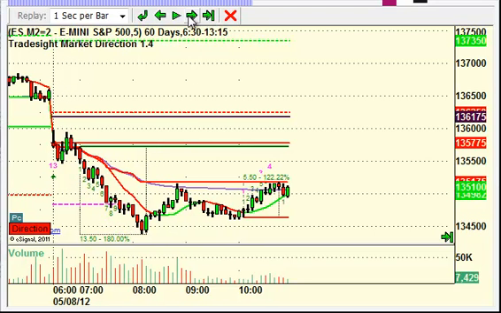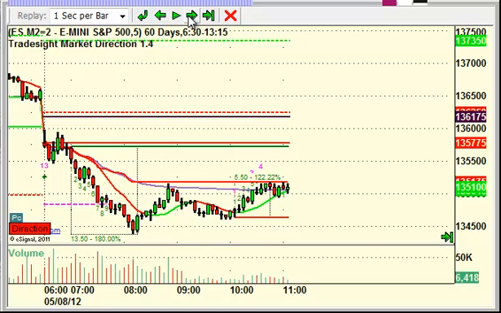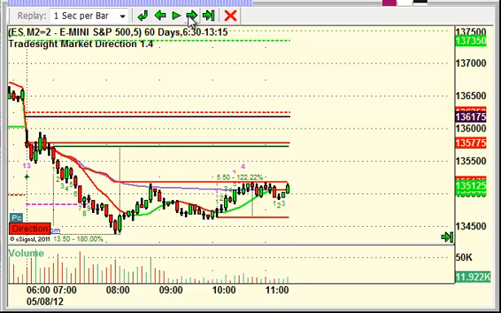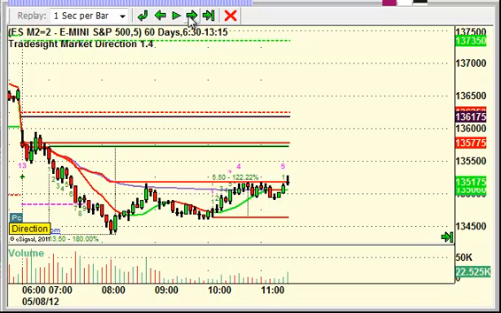Again, you can see we stall out right at that line for about an hour here. I mean, look how solid that resistance point is, and most people have no idea that that level's there. Now here we go. Here's where we break above that line. This triggers us into our long trade, and